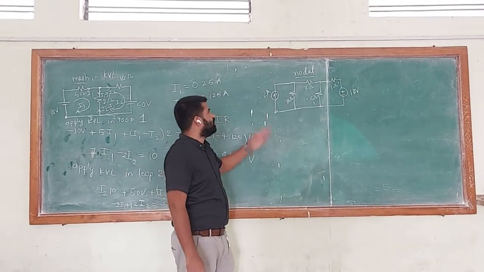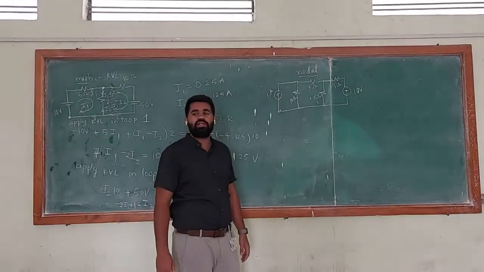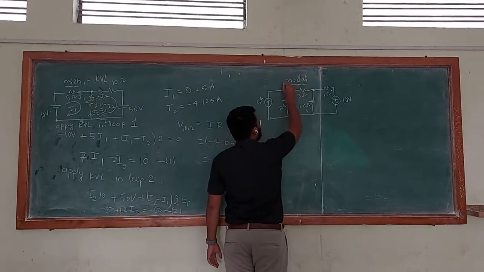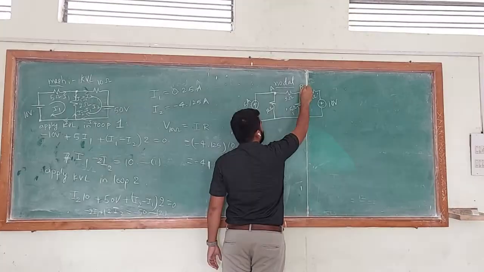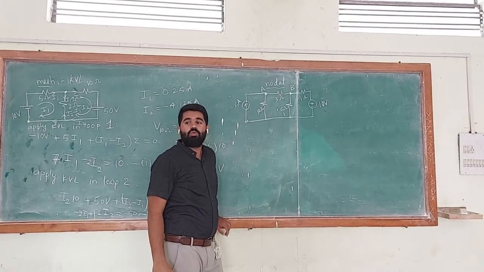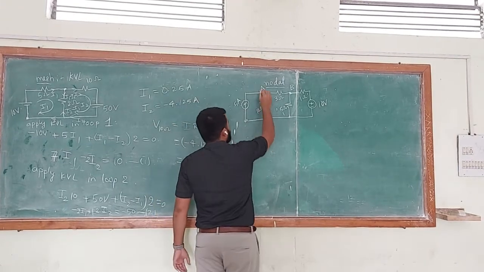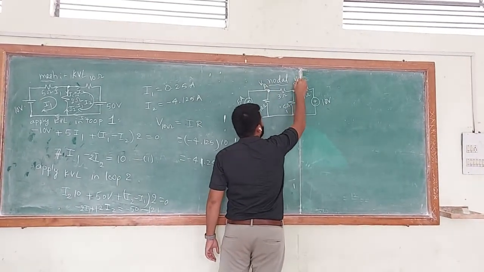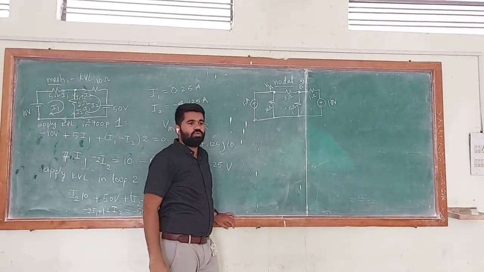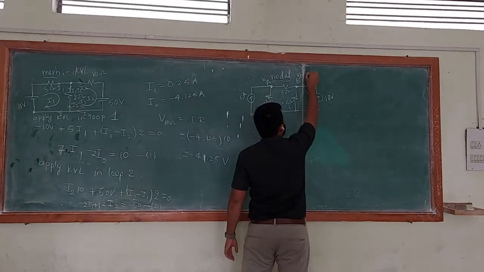Now we will see the nodal analysis. In this case, first we should identify the nodes. I am taking this as node A, and this is B. There I am giving the voltage values V1, V2. What are the values? V1, V2. After giving the V1, V2 voltage values, now we should apply nodal analysis.